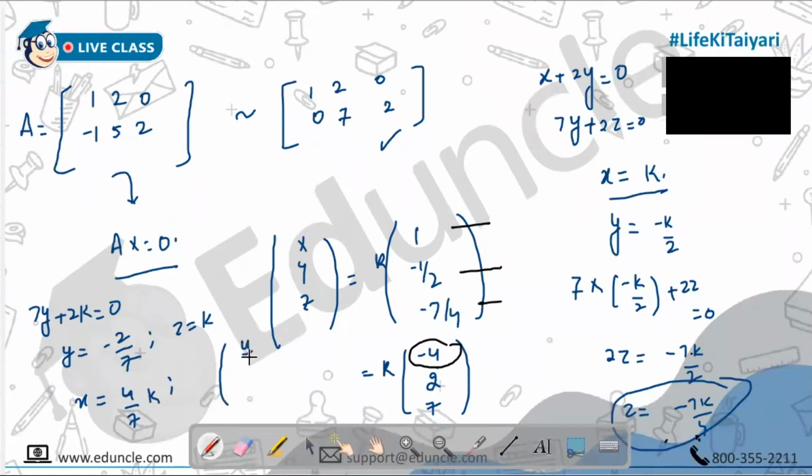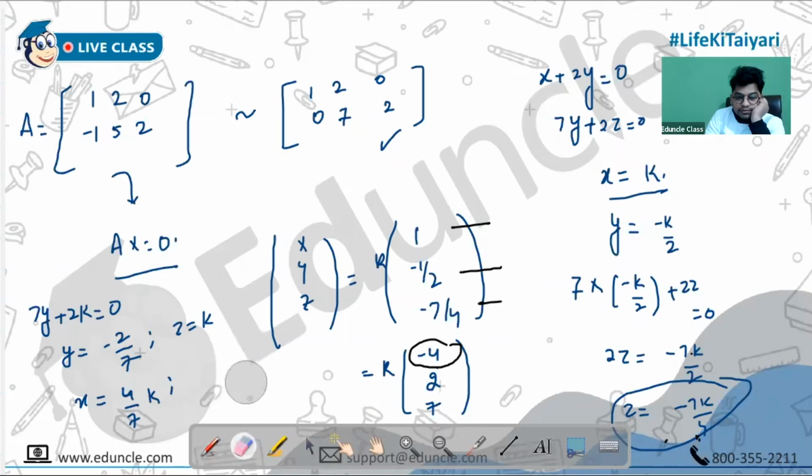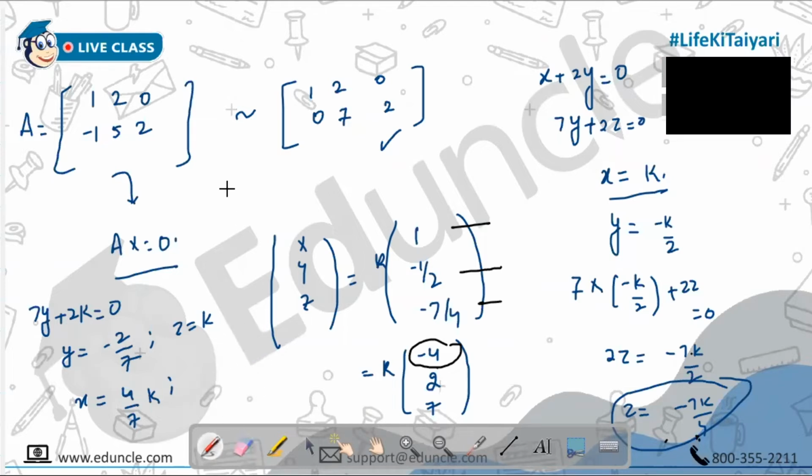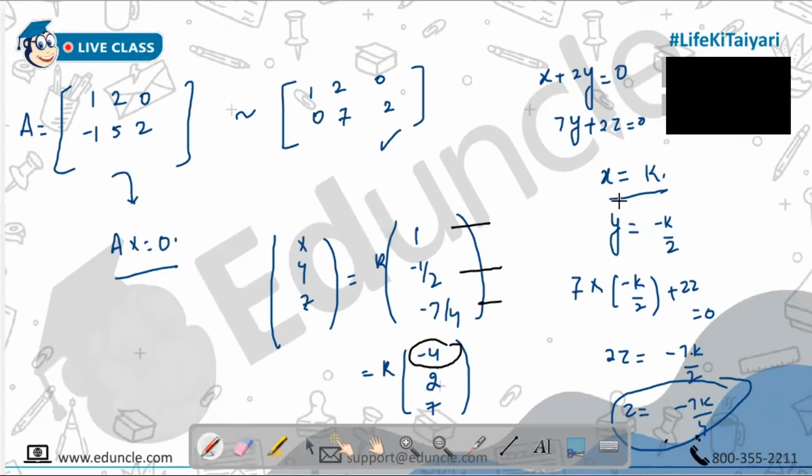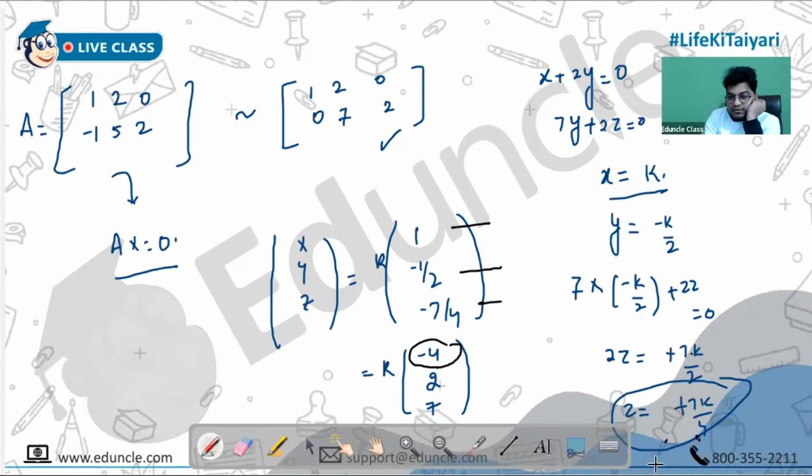x = सर 4/7। शायद सर पॉजिटिव होगा, एक बार चेक कीजिए। 7/4 जो हमने लिया है ना, शायद वो पॉजिटिव आएगा, नेगेटिव नहीं आना चाहिए। If we take x as k, y is equal to -k/2. अच्छा, यहाँ पर कुछ गलती करी है। हाँ सर, वो 7/4 पॉजिटिव आएगा। कोई चेक ही नहीं कर रहा है कि सर गलती कर दी आपने कैलकुलेशन।